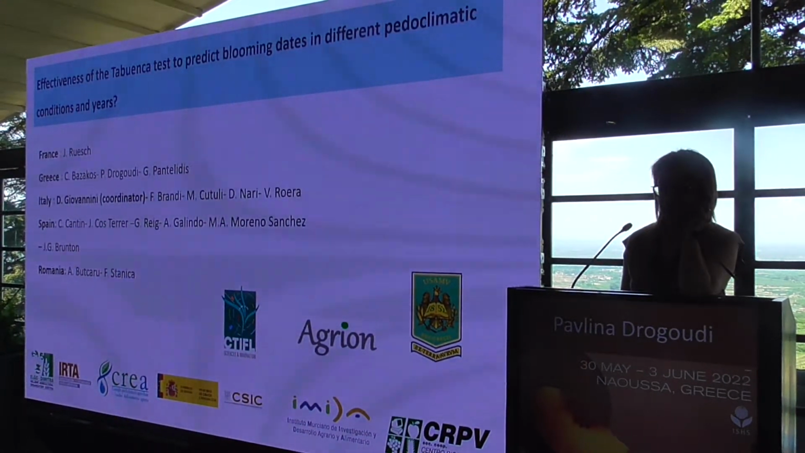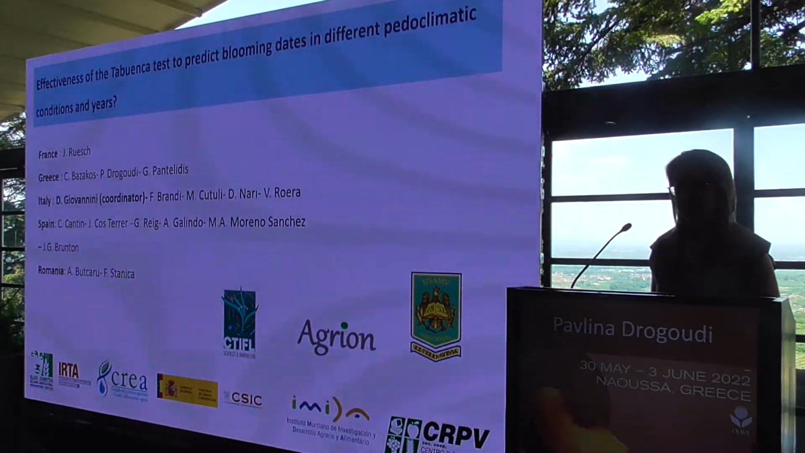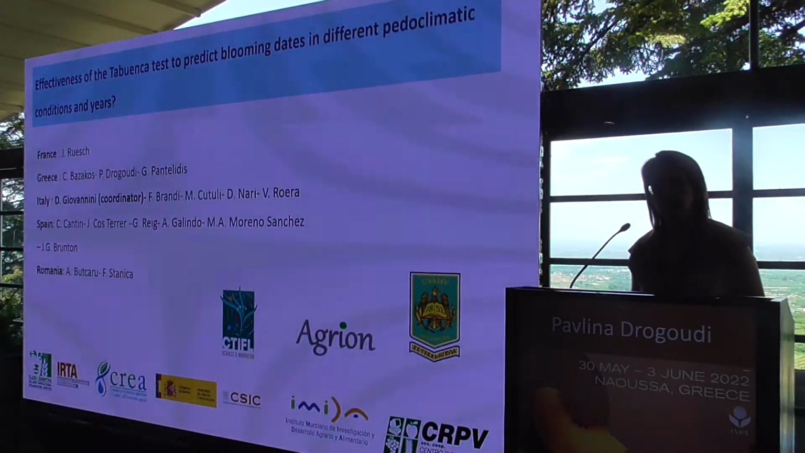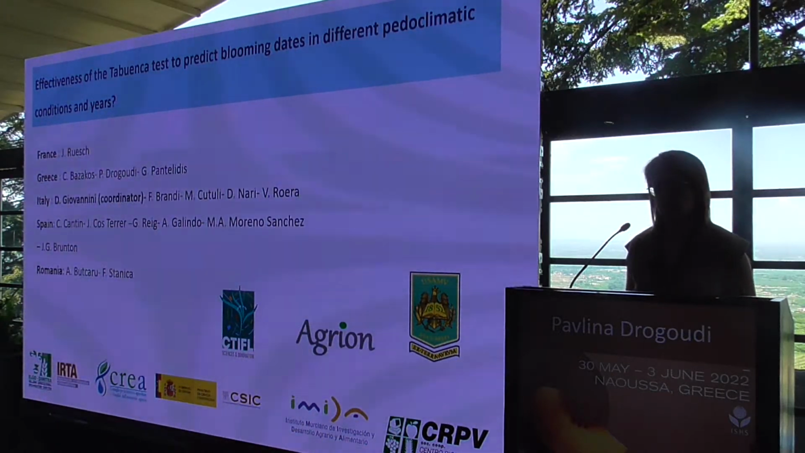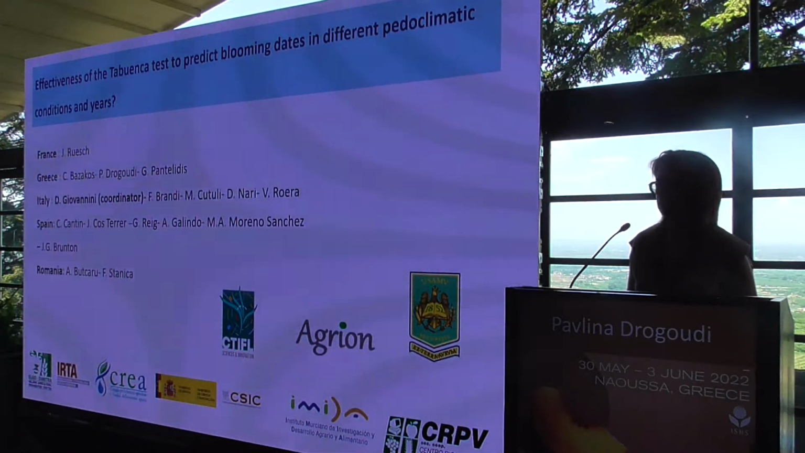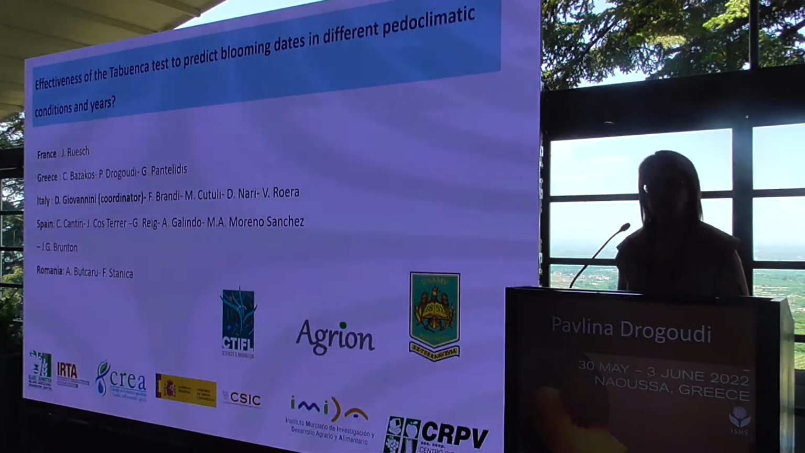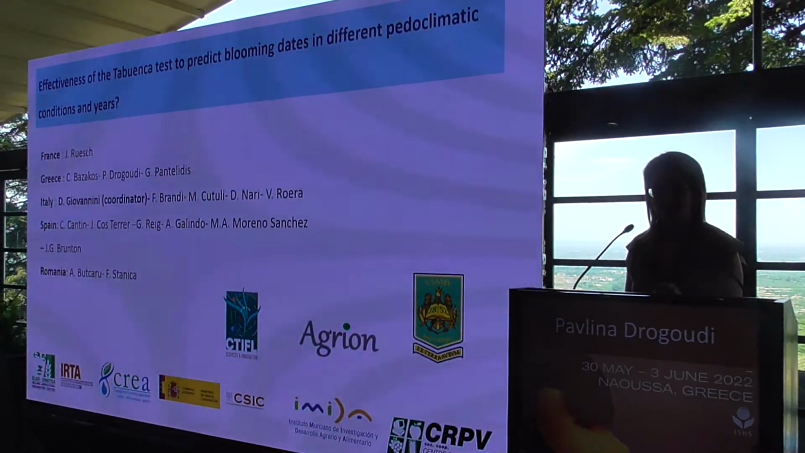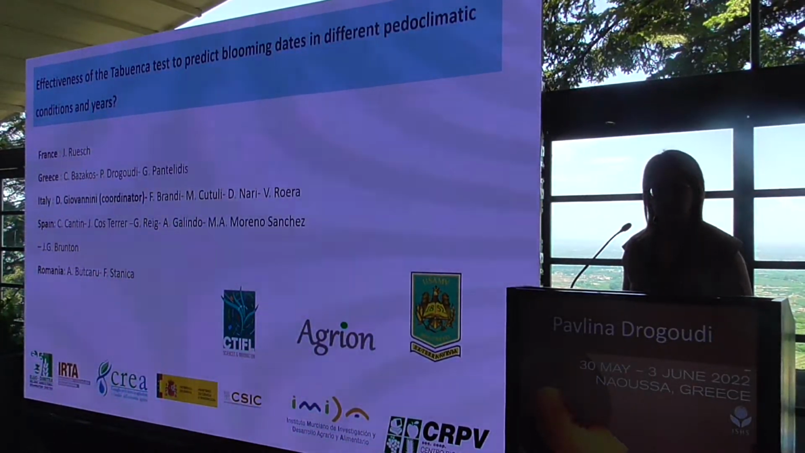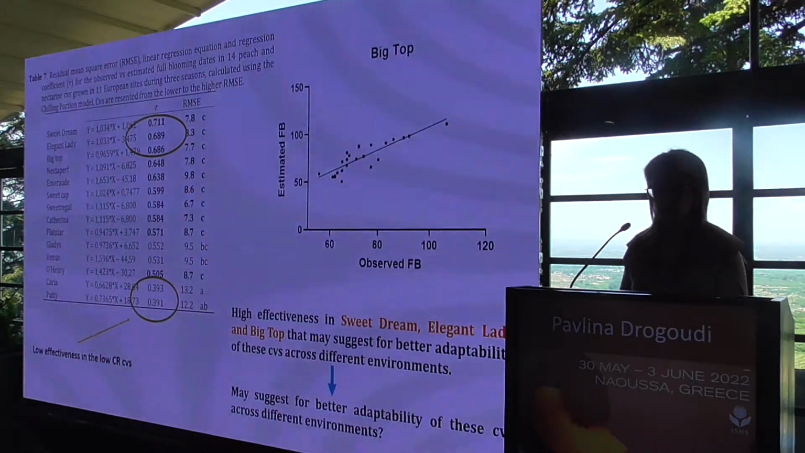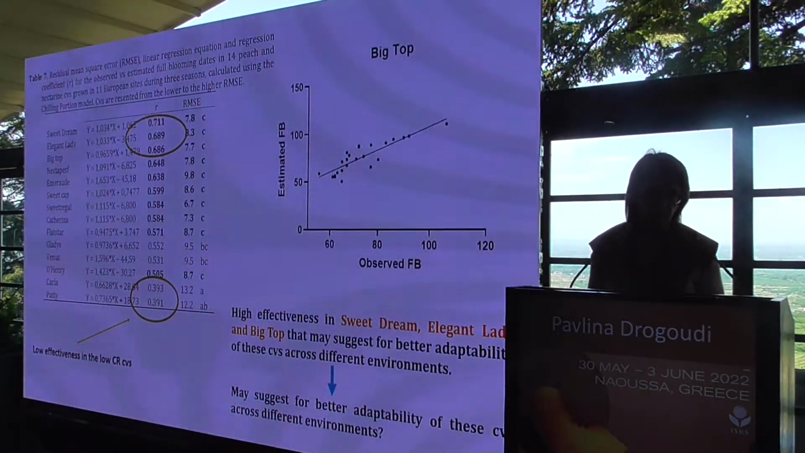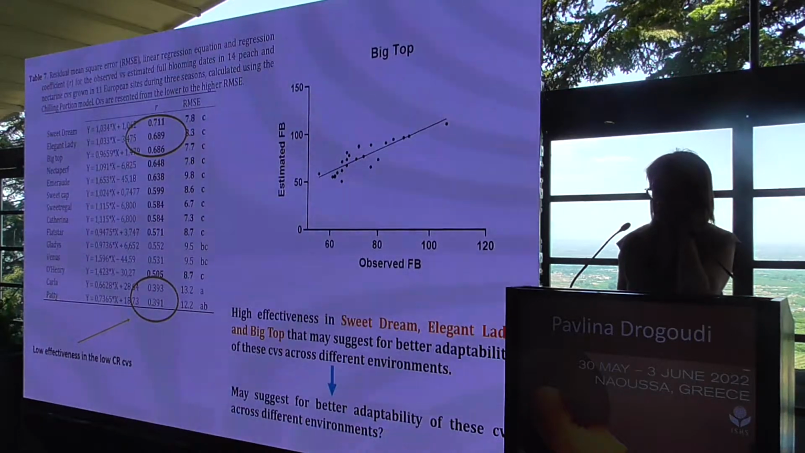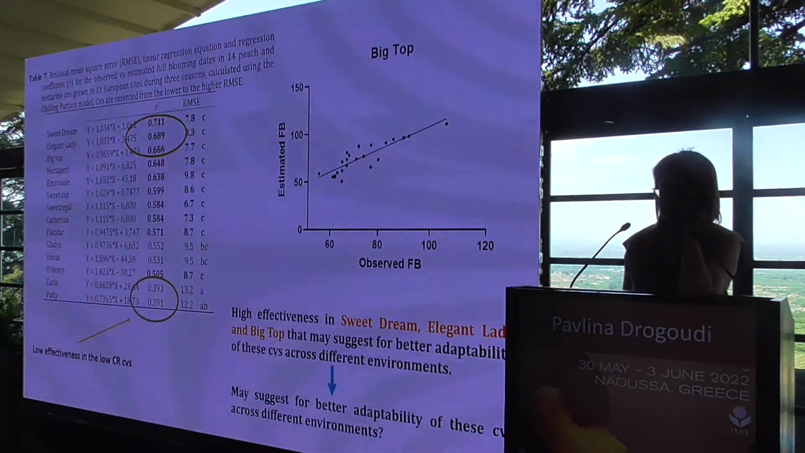Also, we wanted to know the effectiveness of the Tabuenca test to predict blooming days in different pedoclimatic conditions. For example, if we get that a cultivar has 70 chilling portions, and we use it in Cuneo or in different places, is it good in predicting those days? So we had 3 years, 9 cultivars, and 11 sites